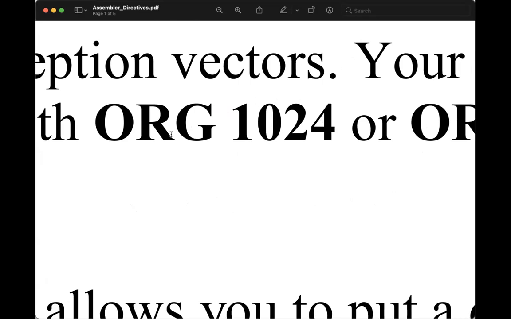Well, let's just say I'm using relative addressing. With relative addressing, my base register will hold the address of my first instruction. So the contents of my base register are determined by this directive over here. So let's just say that org 1024 took place. By that logic, my base register will hold the address 1024 because that will be the address of my first